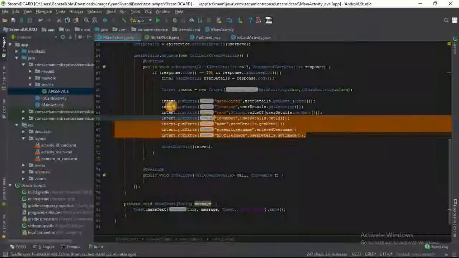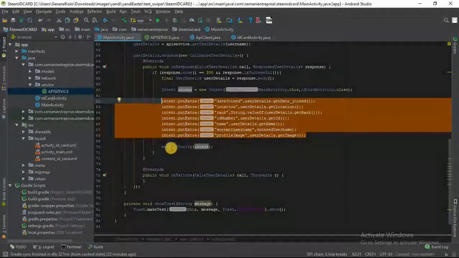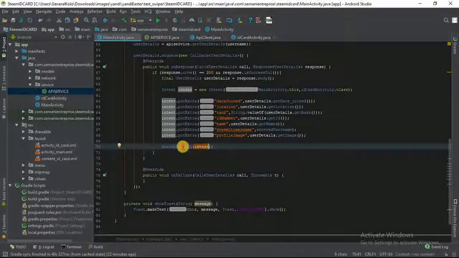So once we put all this into our intent, what we do is we start the activity. Once we start this ID card activity, it will contain the details we sent using the intent. Now the next thing we have to do